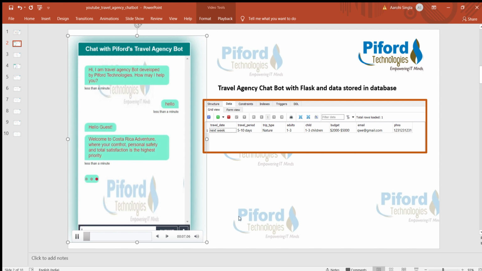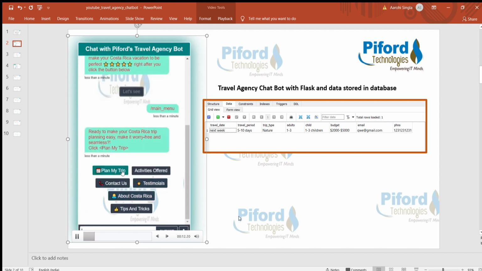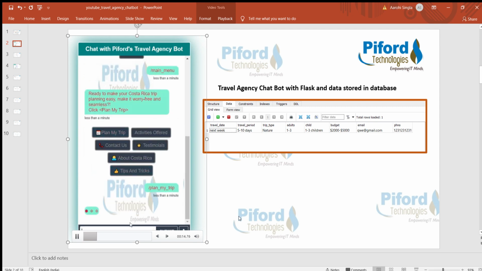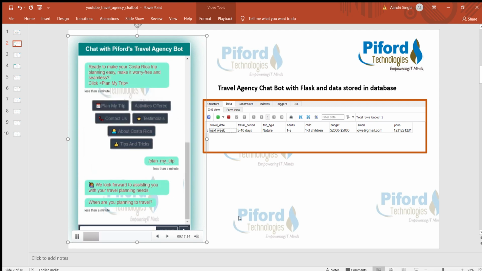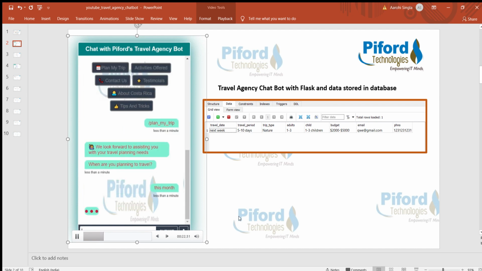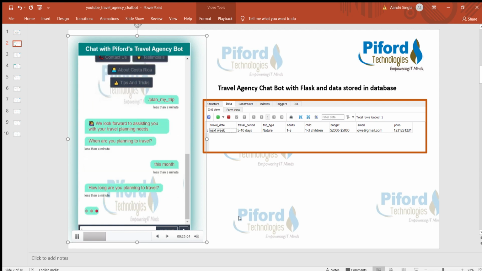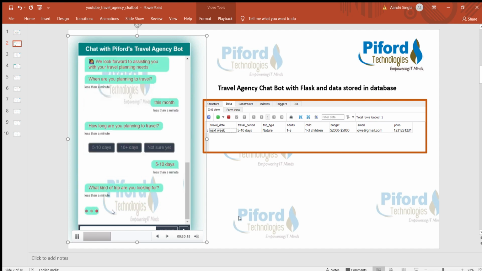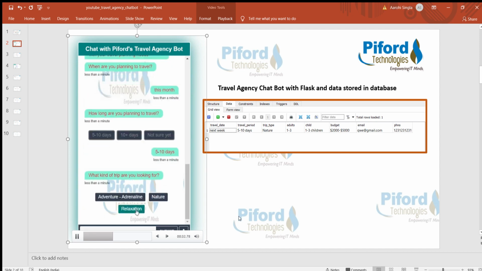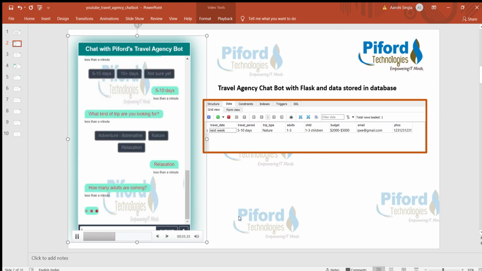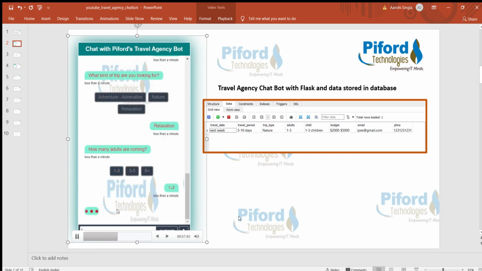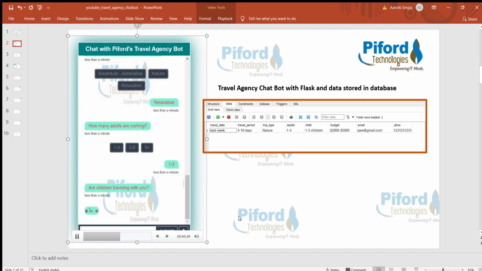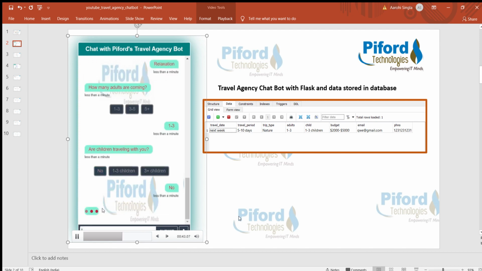The data which the bot is asking us, the bot will store into a database, and on the basis of that data, the chatbot will assist every different user as per their requirement. Today I'll show you how to collect data from users and then how to store that data into a database. The database I'm going to use today is SQLite. You can use other databases also like MySQL, but today I am using SQLite as it is a very lightweight database.